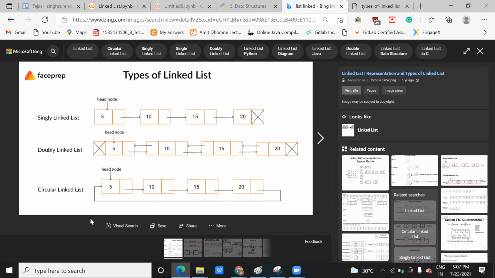Now the circular linked list. A circular linked list is singly linked, but after 20 the pointer points back to the first element. So it keeps rotating: it will save elements like 5, 10, 50, 20, then remove elements and start adding data again like 25, 30, 35, 40, then remove again and add 40, 45, 50, 55, or 1, 2, 3, or even A, B, C, D. Any data you can save here. Is it clear to you?